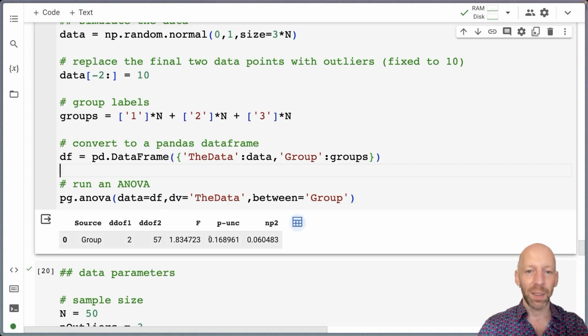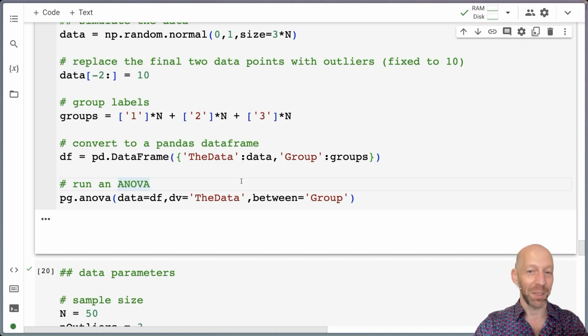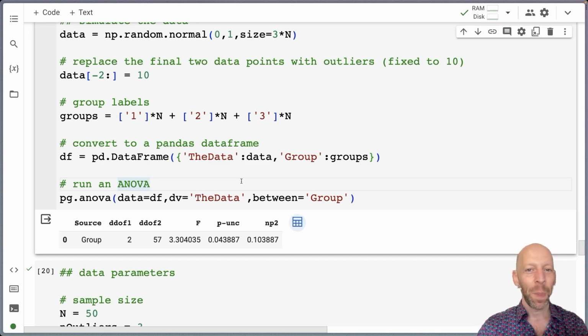So in this case, the p-value was greater than 0.05, so not statistically significant. That's actually really good. That's what we expect. Run it again. Again, non-significant. I'm just going to keep running this multiple times. Eventually, it's going to be, okay, here we go. So here we get a statistically significant result indicating that there are real differences between the means of these 3